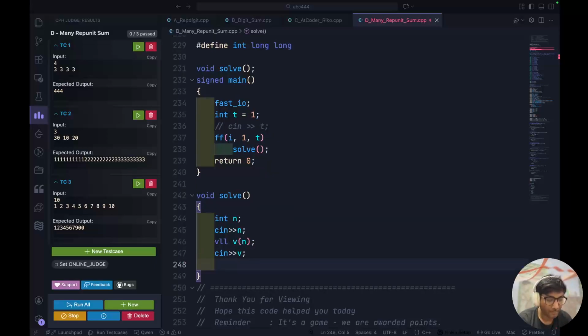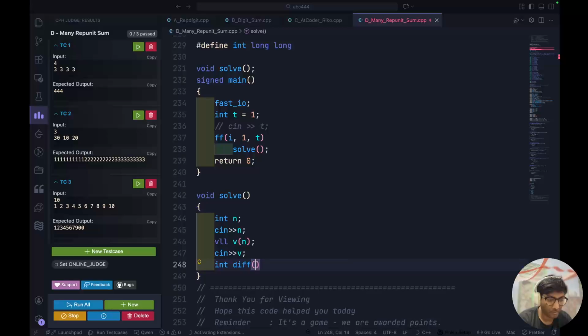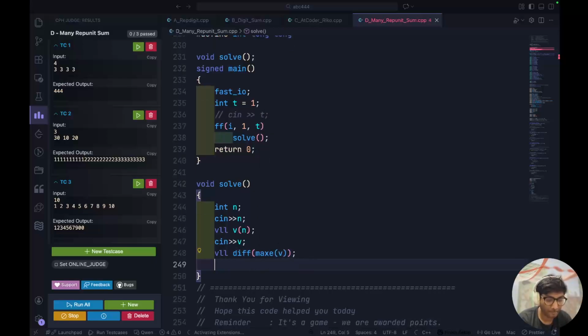So let's say difference. Or I can just take the maximum number. Okay, so diff is equal to, of course, the maximum element inside V. That should work. I think plus 1 is necessary because if it is third,